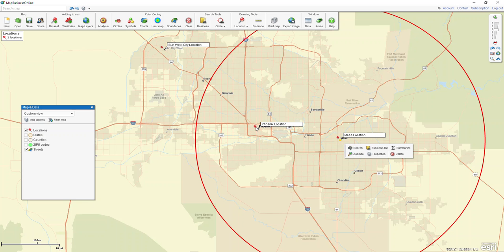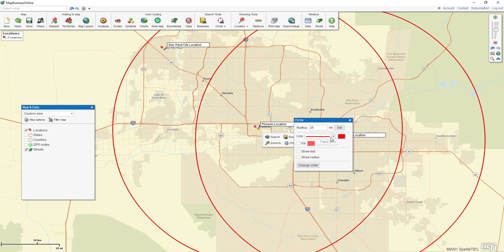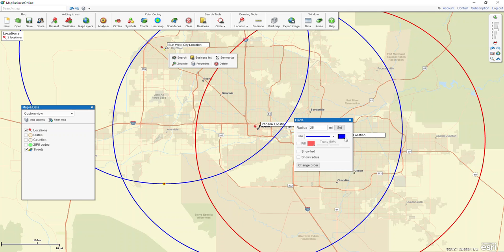I can do Phoenix, click on that, click the circle radius, do 25 for that as well. Maybe I'll make that a different color. And then I can do Sunwest City and create a 25-mile radius, and I'll make that black. So now we have our overlapping